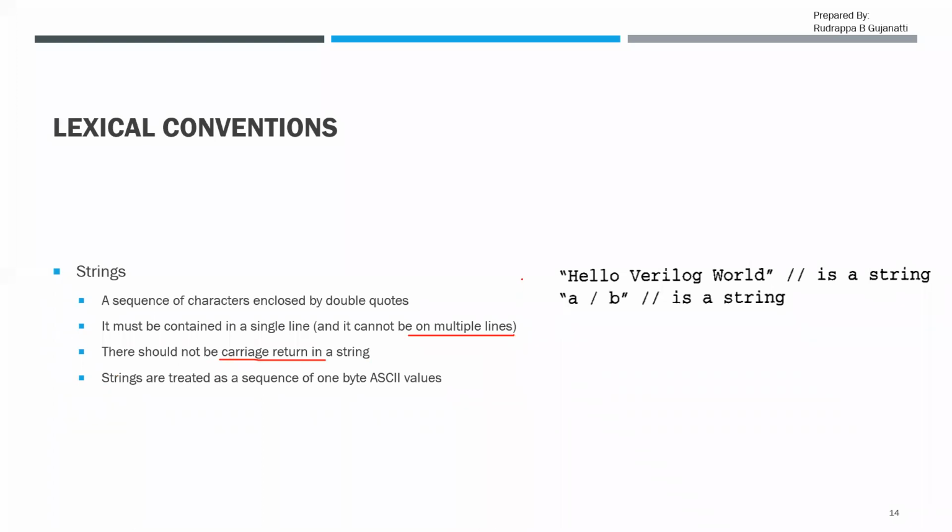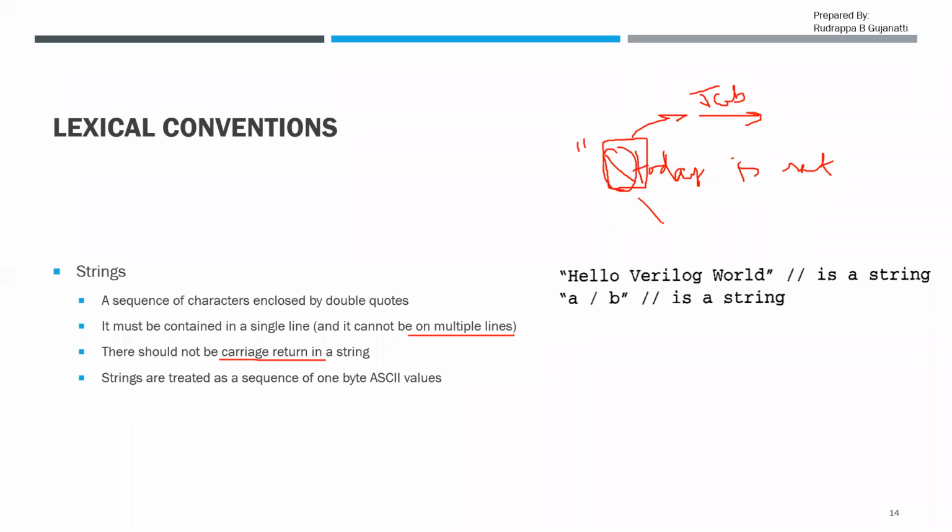in Verilog. Only thing, keep in mind that you cannot have carriage return and you cannot put it on multiple lines. But if I require some special sequences, like in a few of the things, say in C programming, you might have encountered some of the situation. Say you want to write something as "today is Saturday", but before this I want to place a hash. But what happens is hash T is not a printable character. It is equivalent to putting a tab space. So if such kind of things come, then I make use of some escape sequences to indicate that next one also is a printable character.